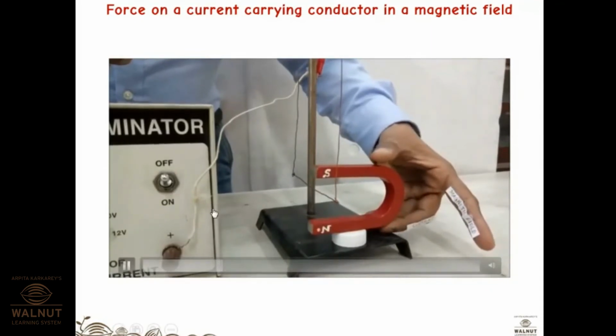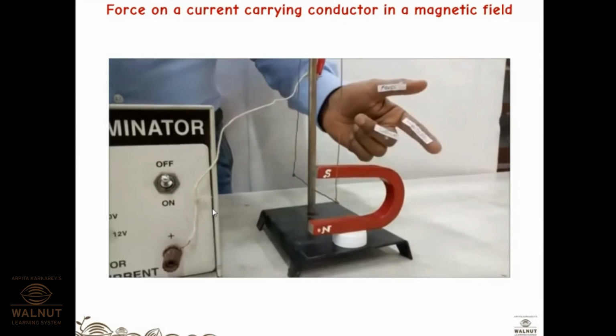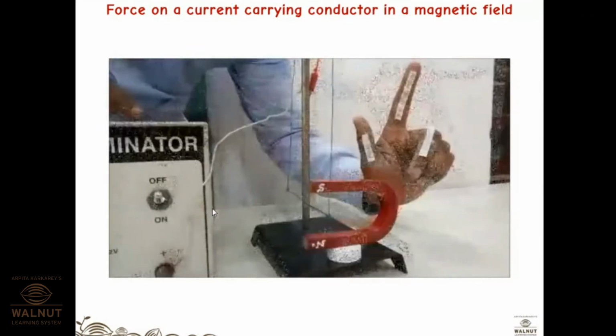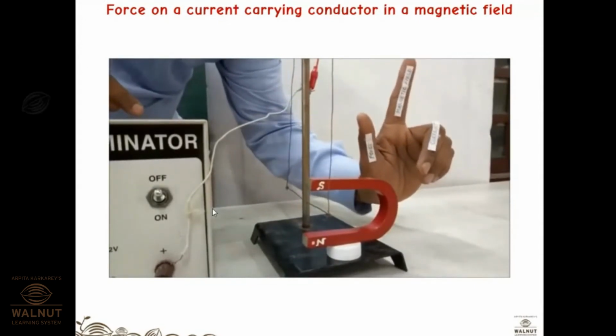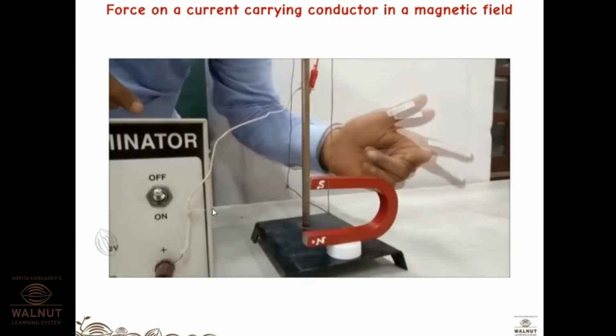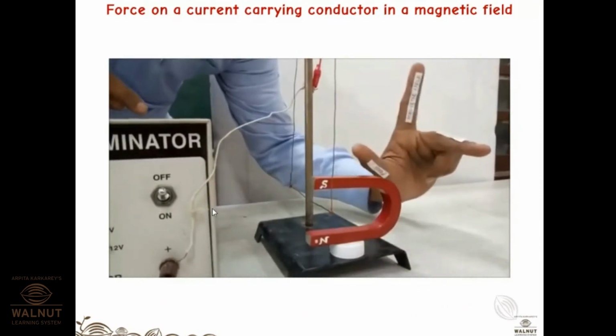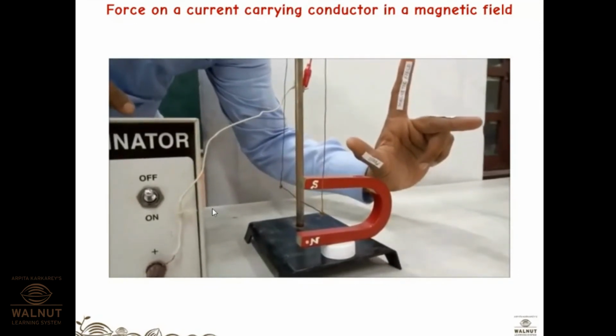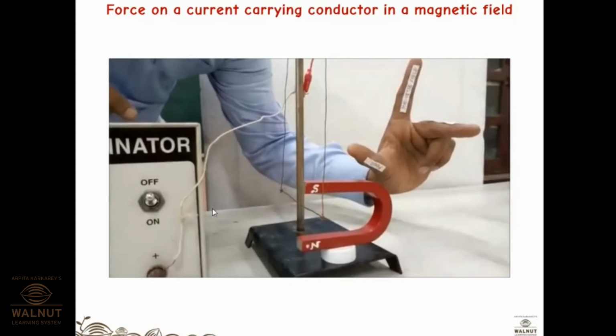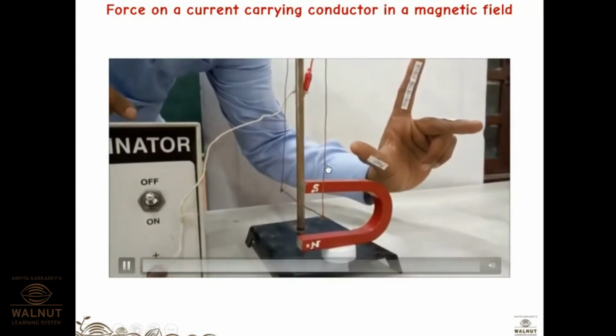Now let's first use the left hand rule to predict where the deflection should be. The magnetic field is from bottom to top. The current in the wire is from back to front, so fingers are now aligned. What about force direction? The thumb is showing it. It is pointing to the left. This means when we turn the switch on, the deflection should be to the left hand side. Current was in this direction earlier also, so we will not discuss this. Now the magnetic force is in the upward direction, because north to south, so automatically your thumb will go in this direction.